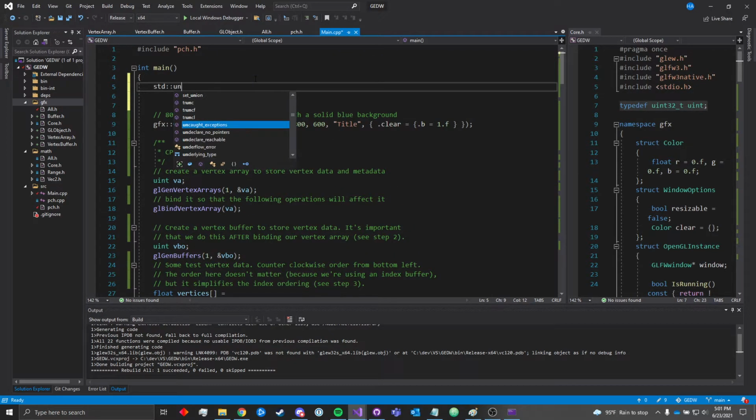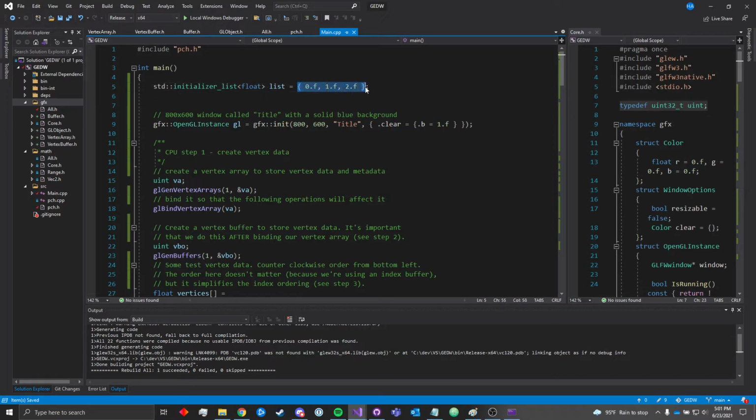If I do a standard initializer list of floats called list, we can use this brace initialization syntax that you use for structs. And it'll take this and generate a temporary type. The compiler will generate a type for this structure and store it for you. So you don't have to define a struct saying, okay, this has 3 elements or however many elements. And why that's useful, I'll just delete that,